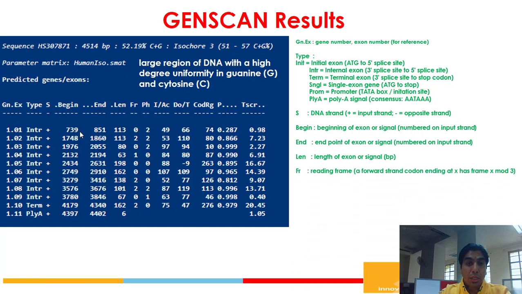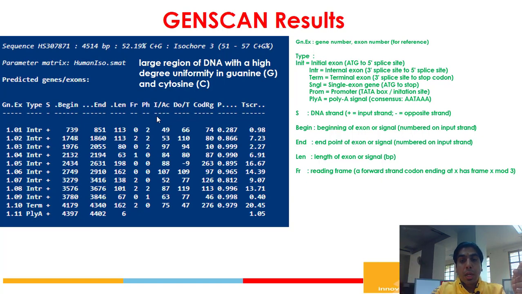For example, in the case of GenScan, the first one is known as 0, the next is known as 1, and after that the remaining one is known as the third frame. While in the case of ORF Finder, the first frame is represented by +1 in the 5' to 3' direction, the second frame by +2, and subsequently the third frame by +3. If we are going in the opposite direction, it is represented by -1, -2 and -3, the same as +1, +2, +3, but the direction has changed.